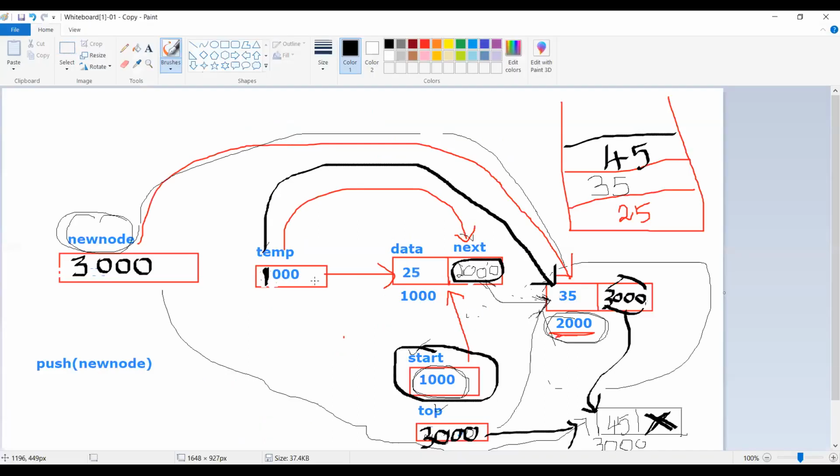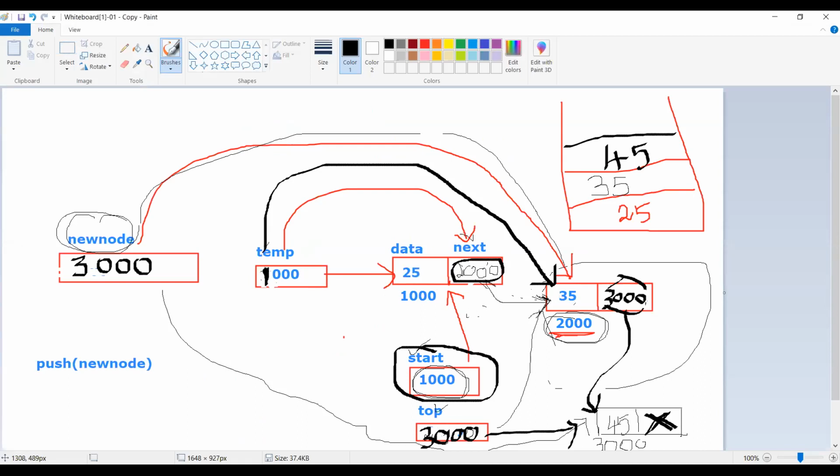If 2000 is not equal to 3000, then I have to move to the next node 35. How will I move to the node 35?